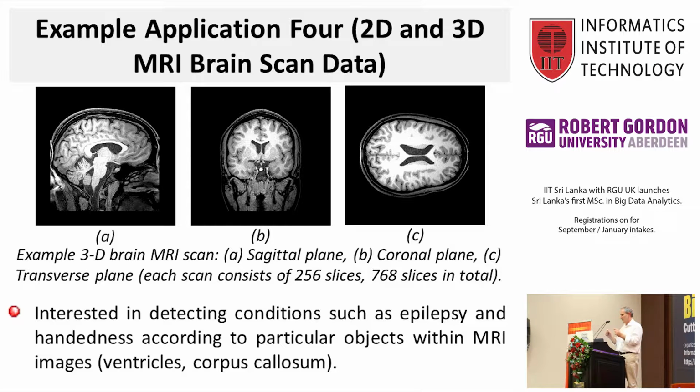And what's interesting about that was that we did the analysis, we had high accuracy, being able to tell the difference between left-handed and right-handed people, musicians and non-musicians, detect epilepsy to a certain level, and we got 80% accuracy on that. So what we felt was that there was more to detecting epilepsy than simply looking at the corpus callosum and